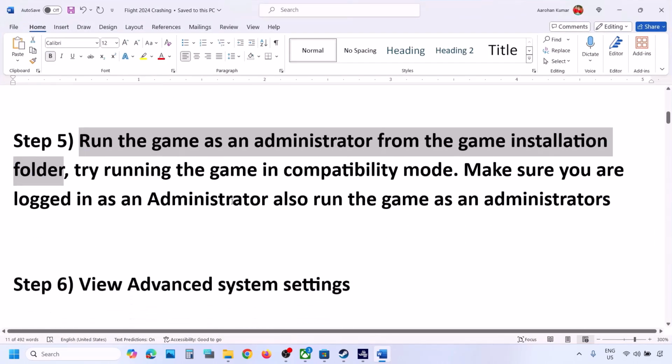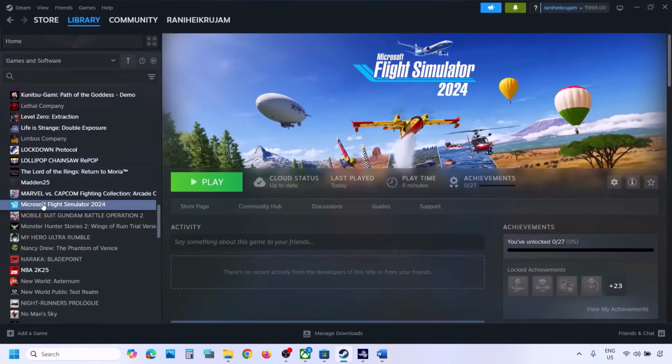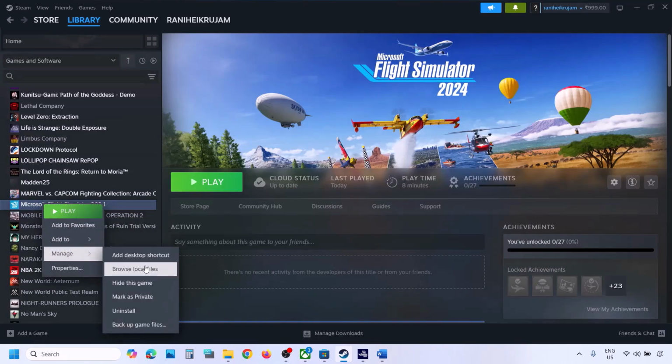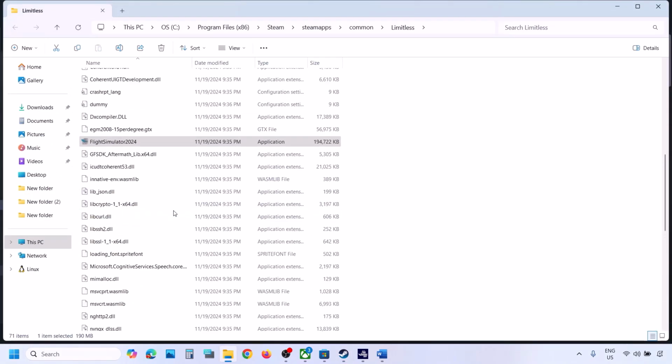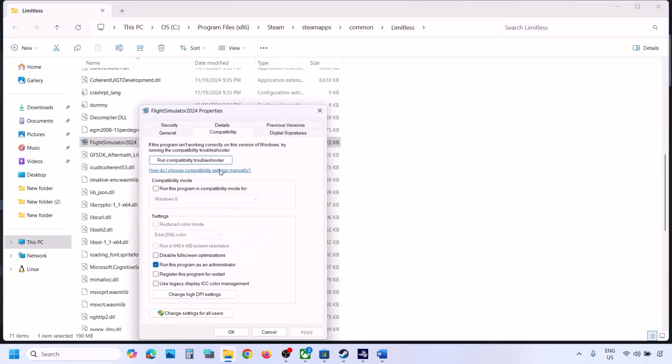Next step is to try running the game in compatibility mode. Now this is for Steam users. You can right click on the game, manage, browse local files, and then again right click on the game exe file, select properties, and then go to the compatibility tab, put a check on the box which says run this program in compatibility mode, select Windows 8 over here, hit apply, click on OK, launch the game and